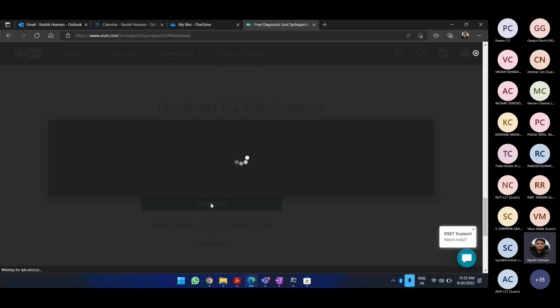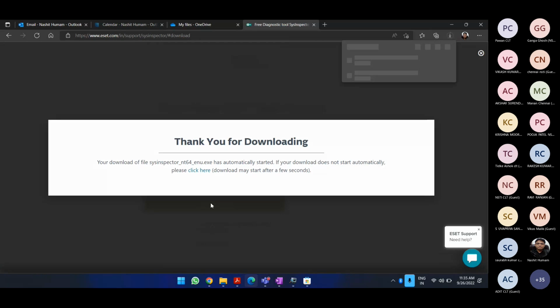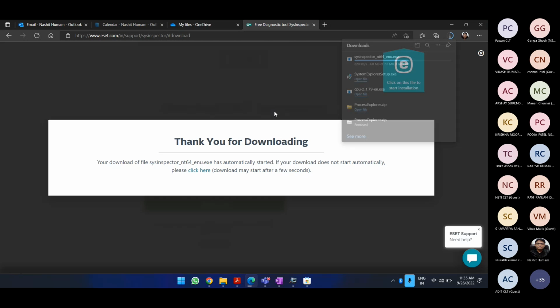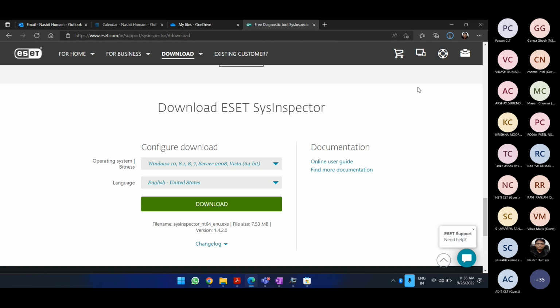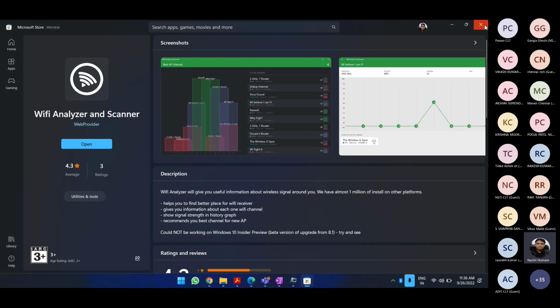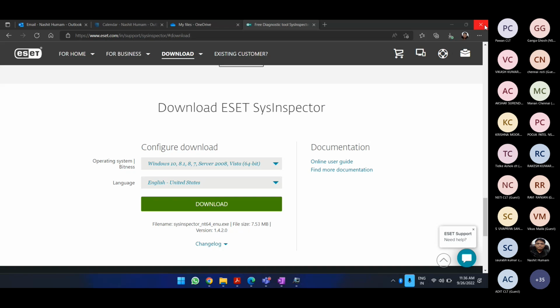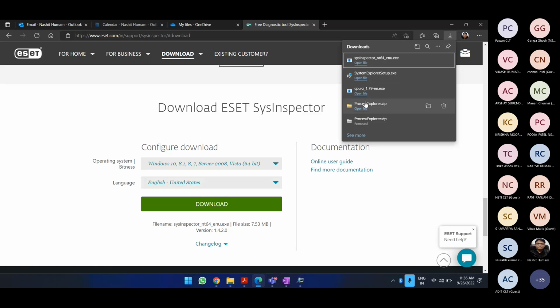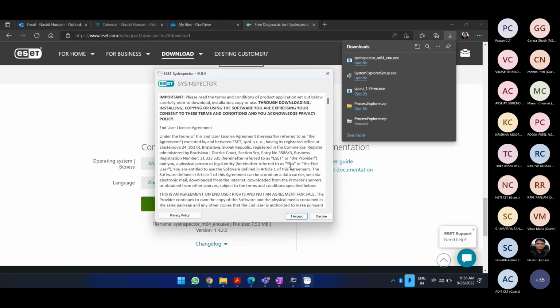I hope it works with my system. That is only 7 MB. Fine, not a problem. System Inspector, that is. Fine, let me run it. I accept.